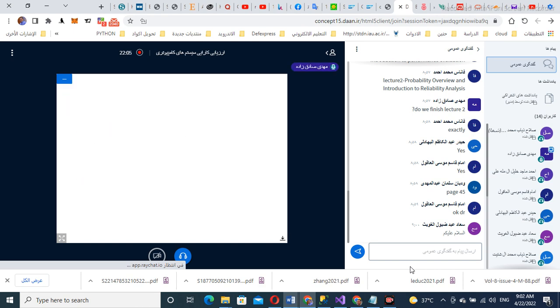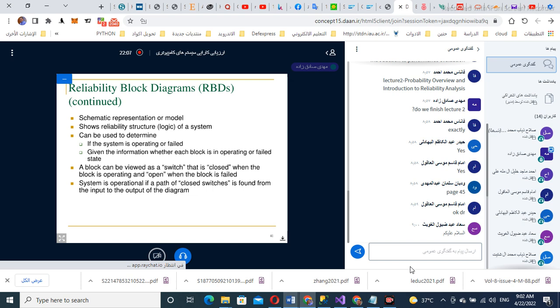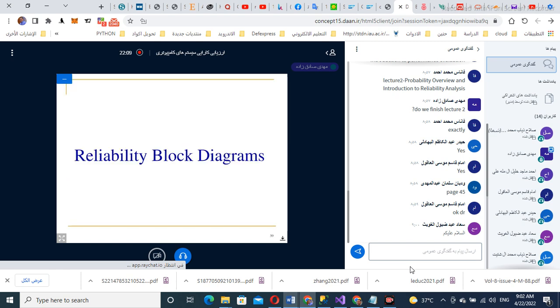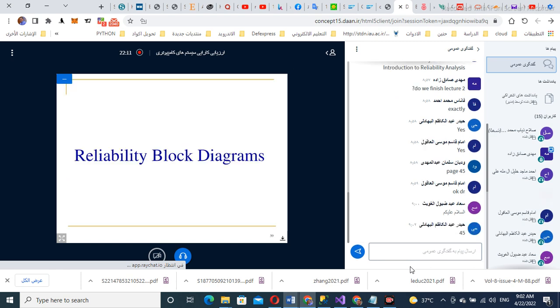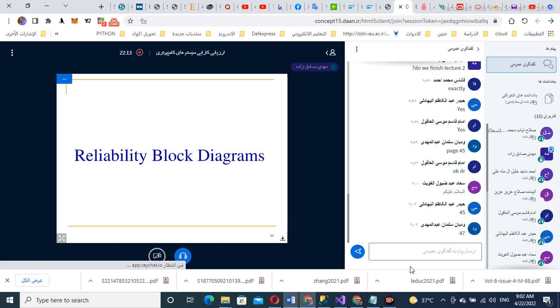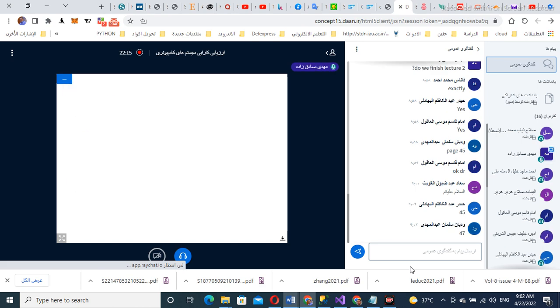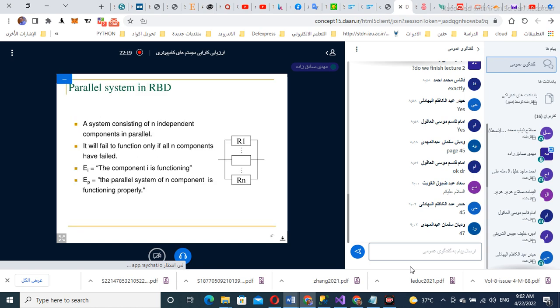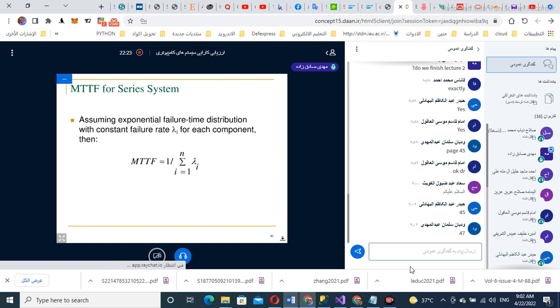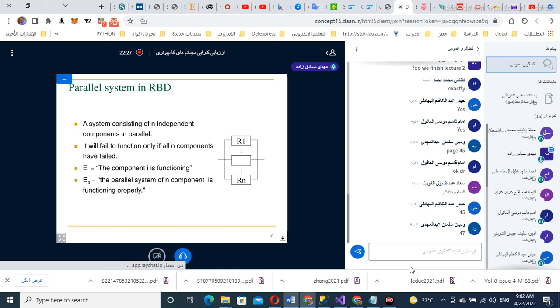Recovery block diagram, slide 47. Okay, we said serial system, so now we go to parallel system. Parallel system in